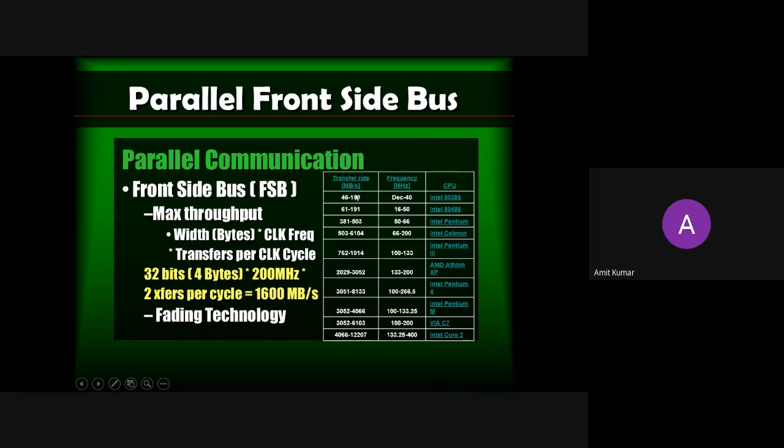Now here you can see the transfer rate of these processors. In the first case, when you are using the 80386, the transfer rate is 4653 Mbps. So that is the maximum speed that we are achieving.